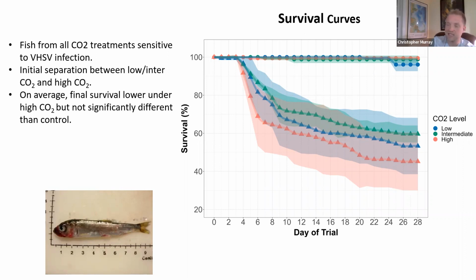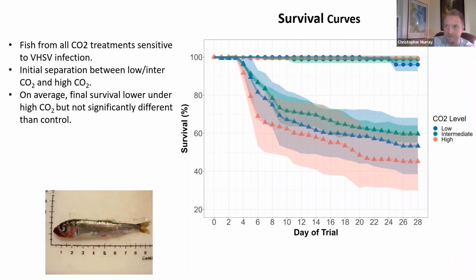And they show a really classic decline in survival that starts about 5 days post exposure to VHS. Fish become infected with disease. Those that are really susceptible become super spreaders in the tank. This will then sequentially affect other fish, and then the disease basically takes off from there.